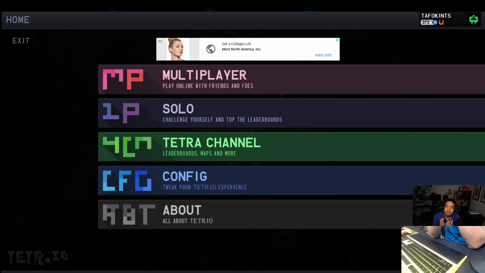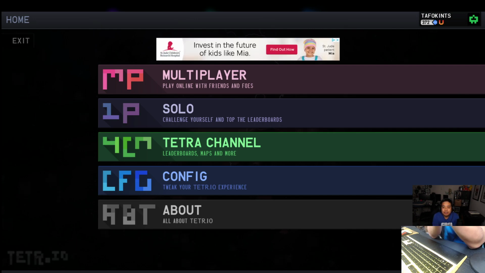All right, third time's a charm. We're going to talk about Tetra IO settings. So if you're coming from a game like Puyo Puyo Tetris or Tetris 99, you may notice that the settings are very different, and that the game just doesn't feel quite as good as you'd like, especially if you're coming from a different game. I think one of the benefits of Tetra IO is that it's extremely customizable when it